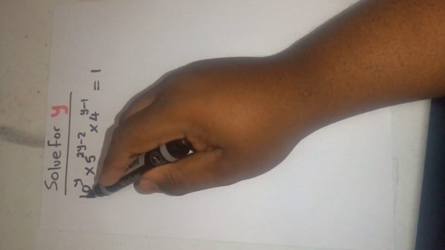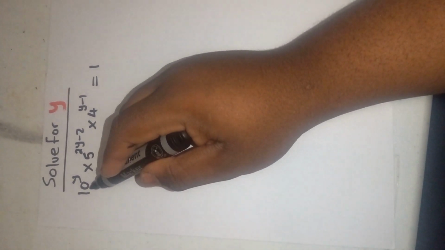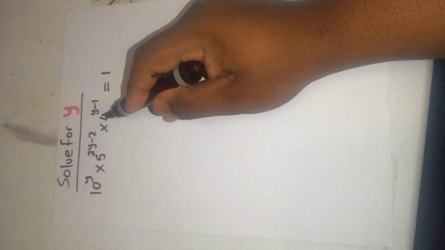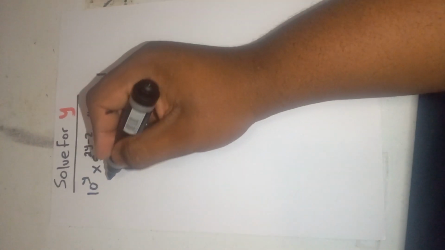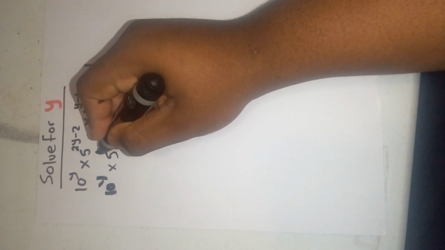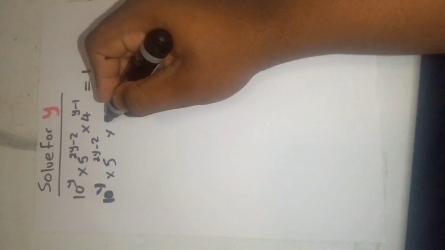And already I can see that 10 is not going to give me an exact number. You'll be getting 5 times 2. 5, I cannot do that. But 4 can be taken to what? 2 to the power of 2. So let me leave 10 as it is. So 10 to the power of y times 5 to the power of 2y minus 2 times 2 to the